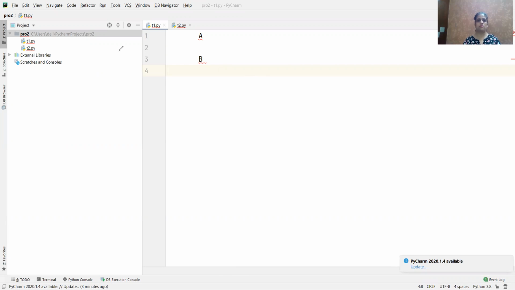I'm taking some values from this A. So now A is my parent class and B is the child class. There are types of inheritance. This type is known as single inheritance, when I have only one parent class and